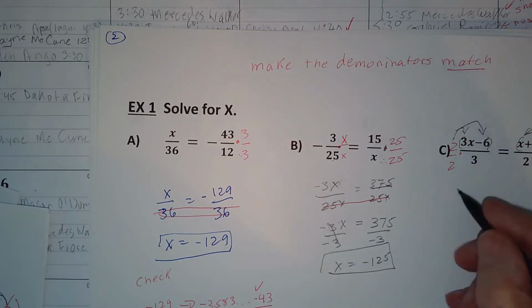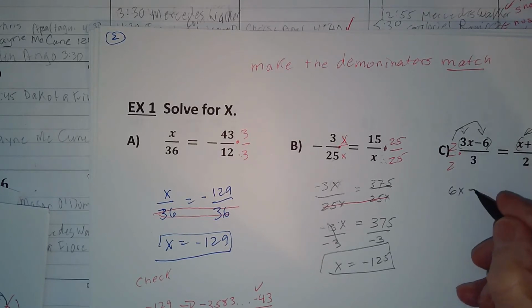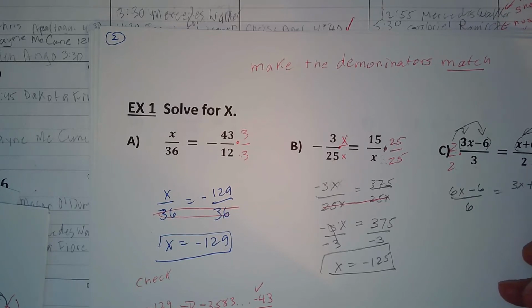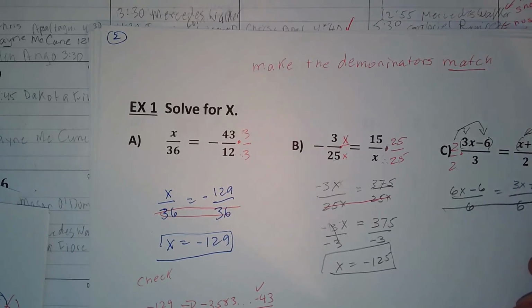So 2 times 3x is 6x. 2 times negative 3 is negative 6, divided by 2 times 3 is 6, equals 3 times x is 3x. 3 times 6 is 18, divided by 6. Okay. Get rid of the denominator. And you're left with